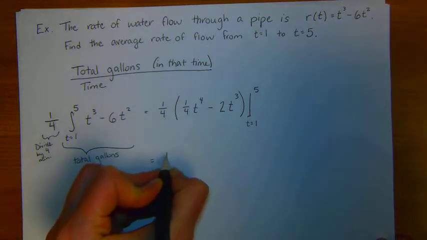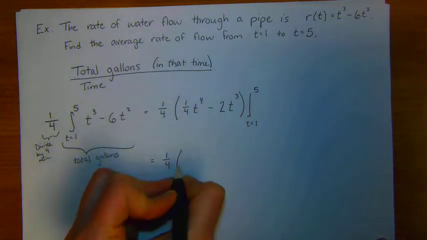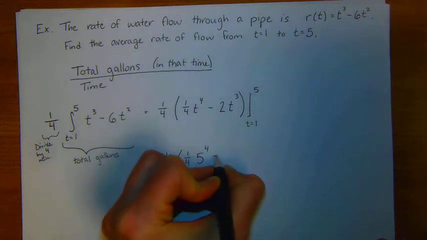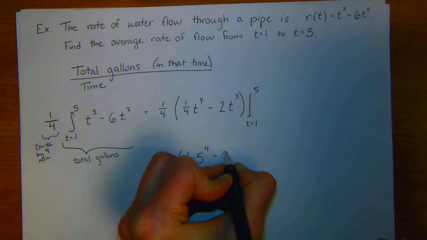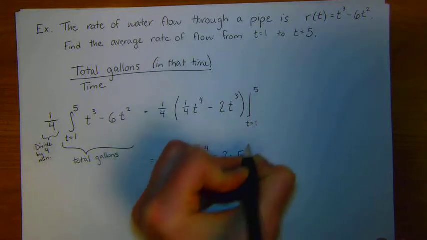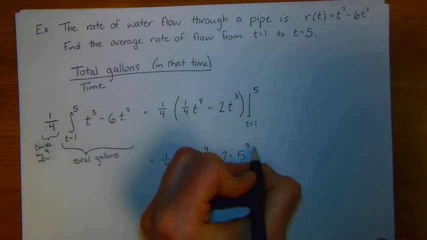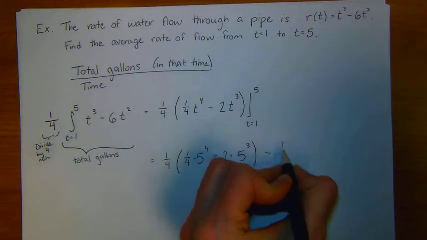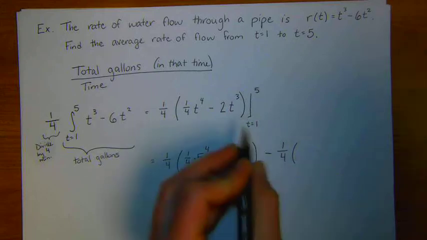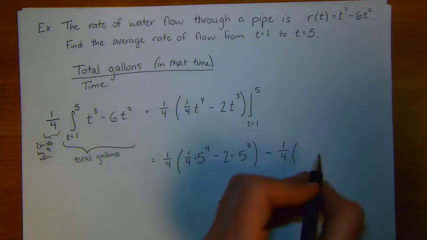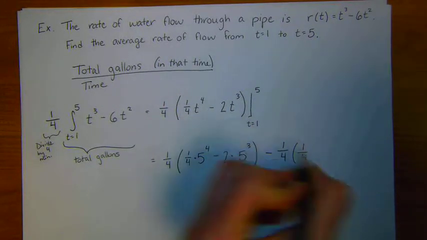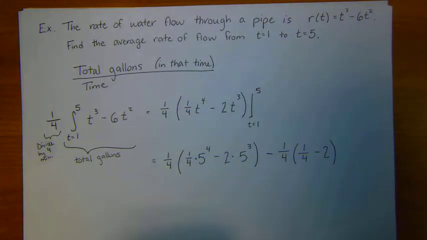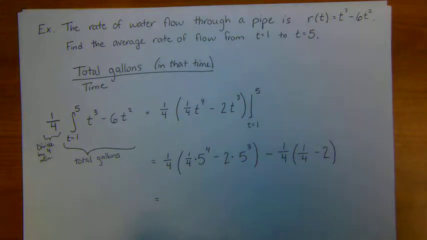And so I end up with 1/4 of 1/4 of 5 to the 4th minus 2 times 5 to the 3rd, minus the lower bound. For the lower bound, I'm going to evaluate the same thing, plugging in t equals 1. That's 1/4 times t to the 4th is just 1, minus 2. And I can plug this into my calculator, and I get